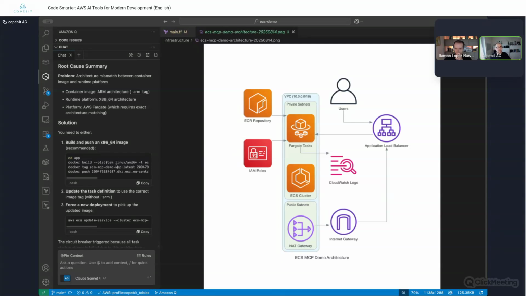But yes, here I wanted to show off the ECS server in particular, because it has this really cool troubleshooting tool that goes into the logs and the whole tech stack to find the mistake.